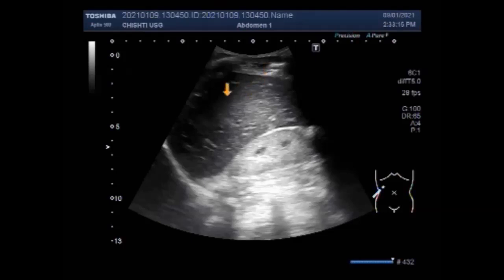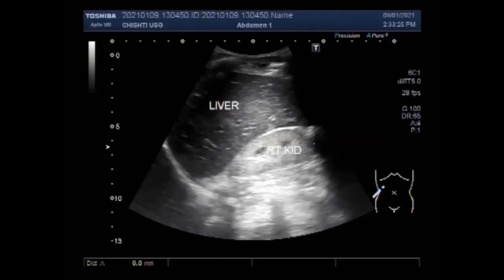This ultrasound video shows two videos of bilateral renal parenchymal disease. You can see the liver and the right kidney, and renal parenchymal echogenicity is increased with loss of renal cortical thickness. The kidney measures 6.3 centimeter by 2.6 centimeter with cortical thickness of only about 5 millimeter, and the cortical renal parenchymal echogenicity is increased.